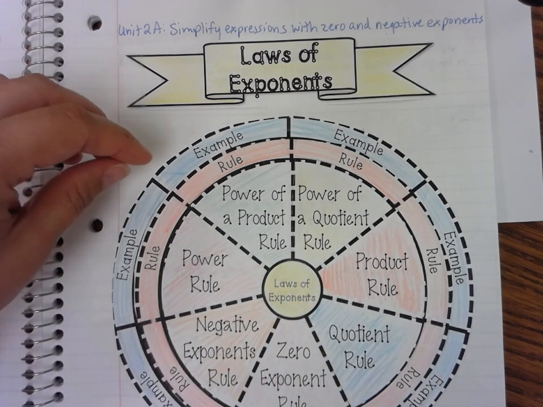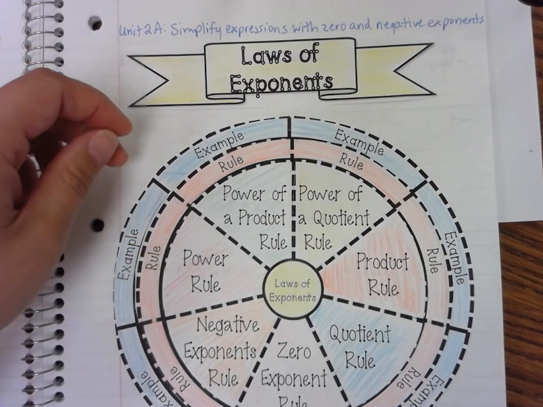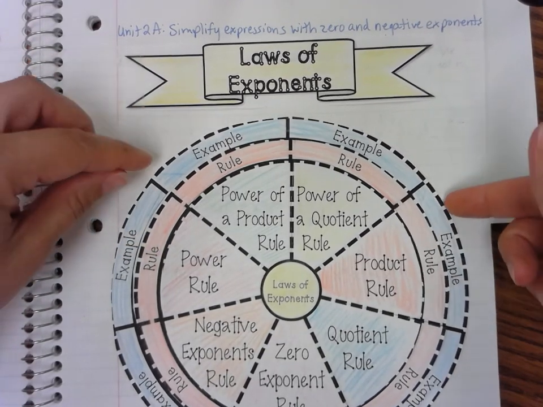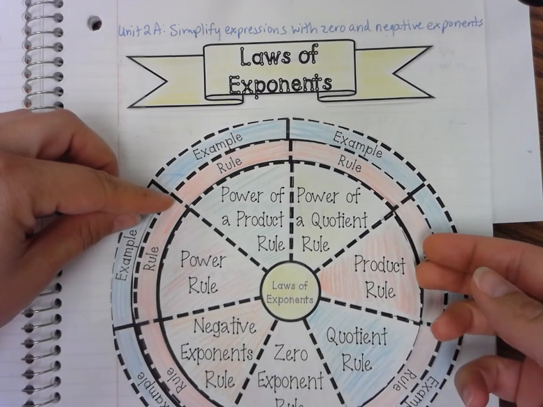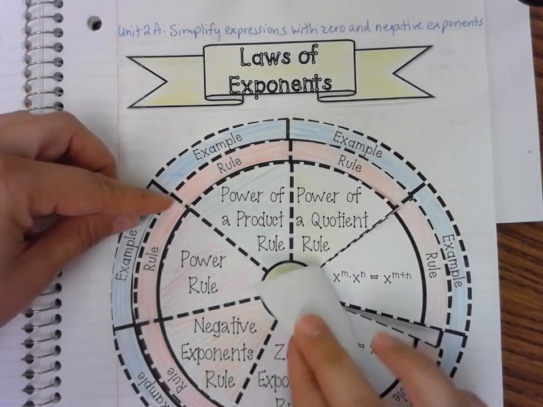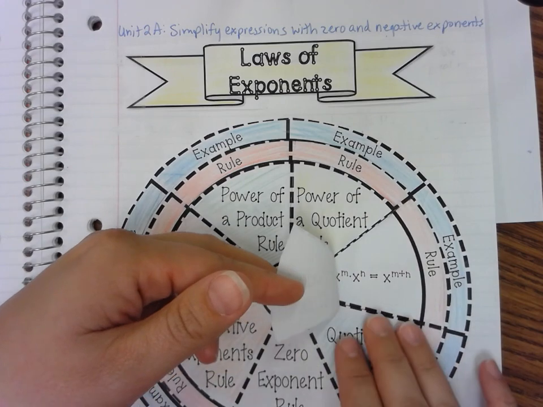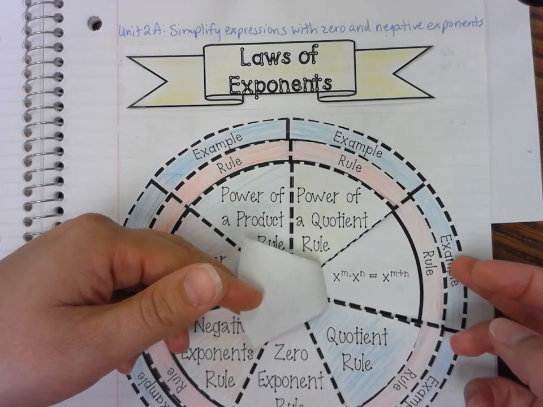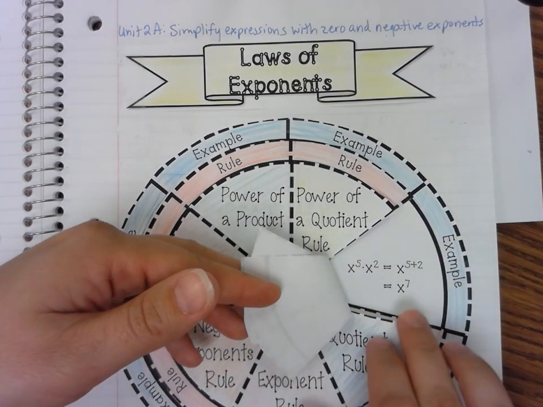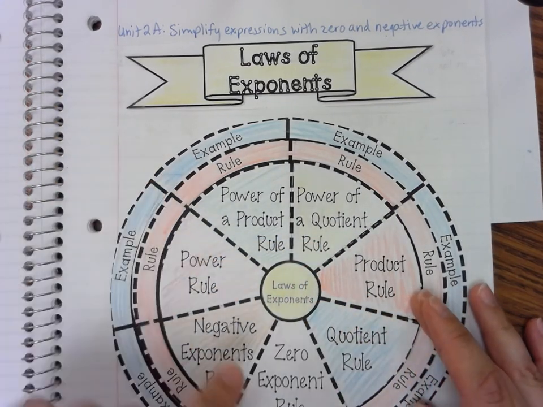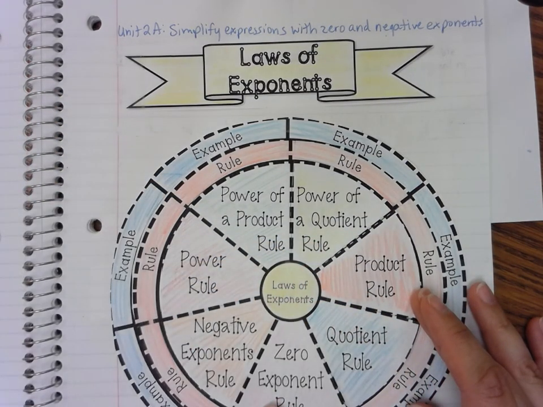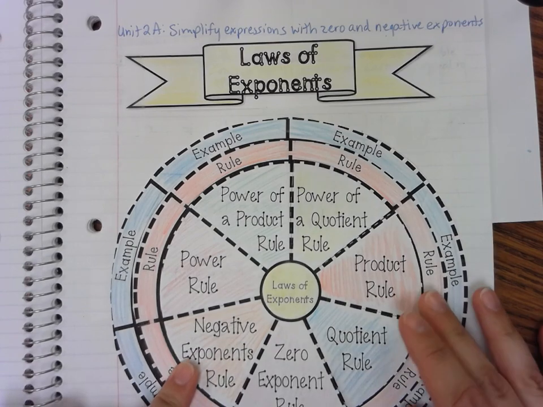And so as you color and you glue these down, you're also going to cut along the dotted lines inside as well. So when you cut along the dotted line, it allows you to open up a flap revealing the rule underneath and then an example underneath that. Today we are going to focus on the zero exponent rule and the negative exponent rule. We will hit